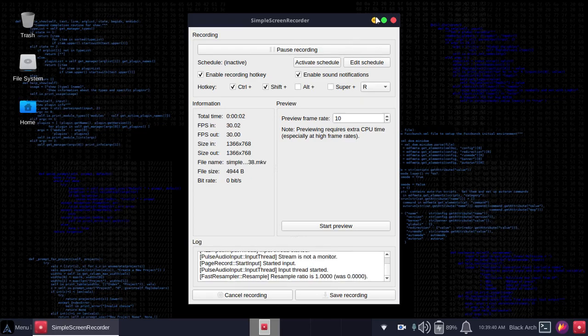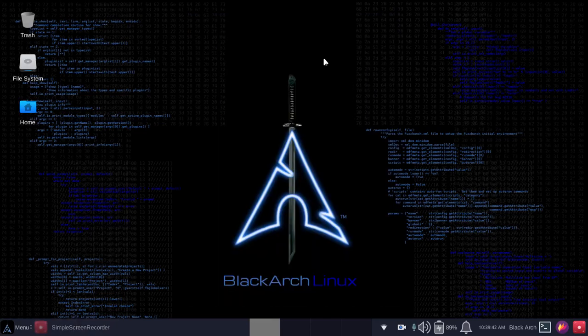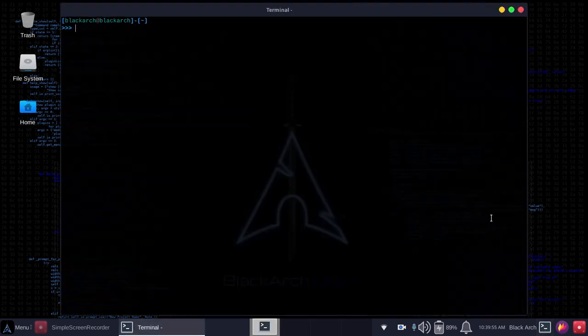Hello, hi everyone. We are going to install Brave browser in our BlackArch Linux machine. To install Brave browser, go to the terminal and type